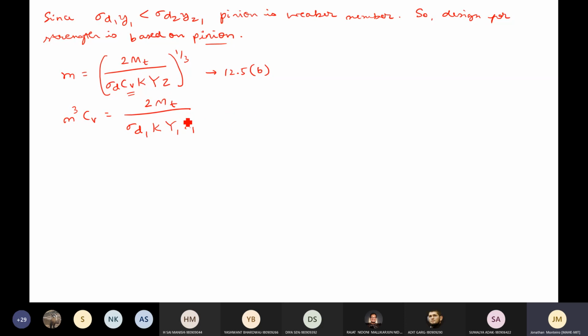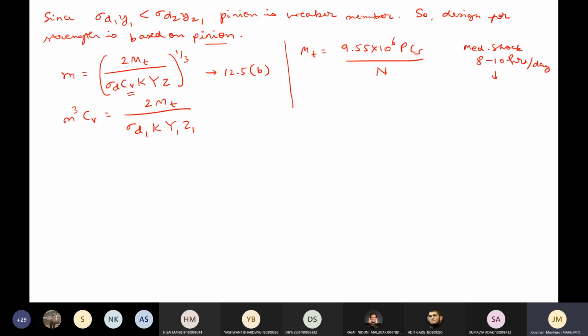Okay, let us find out the individual components on the right hand side now. So what is MT? Let me calculate here. MT is 9.55 into 10 raised to 6 P CS by N. N is in RPM over here. What is the value of CS? We have a situation of medium shocks, 8 to 10 hours per day. Very similar to the previous problem. Same was there in the previous problem.